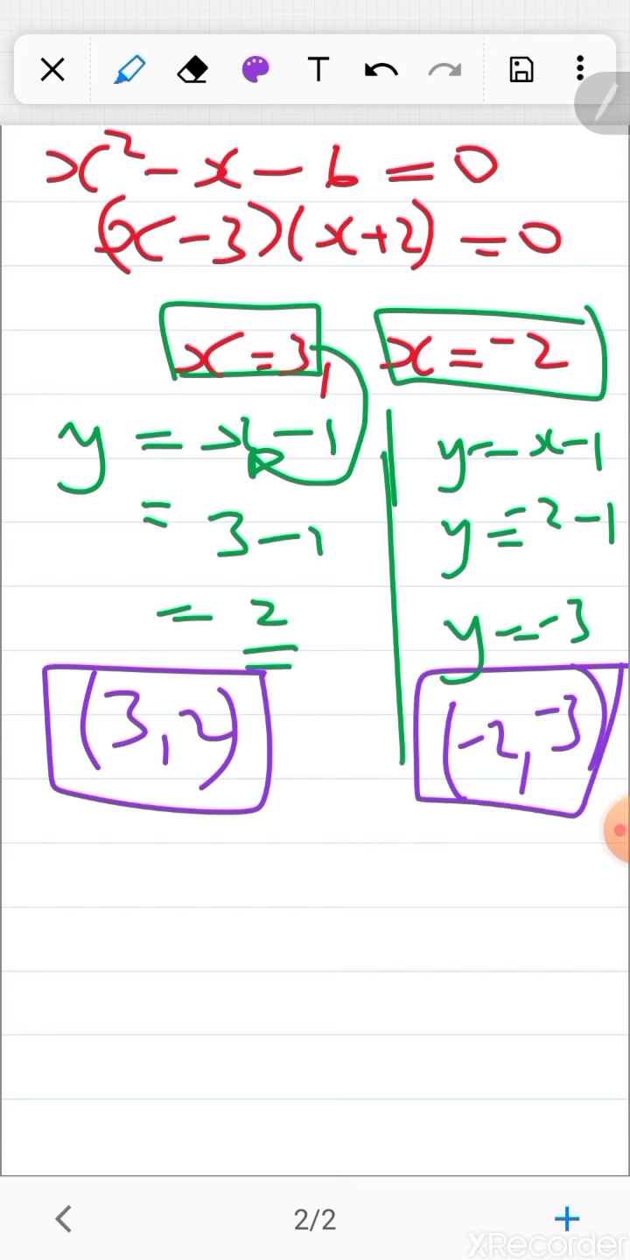And if I plug them into the equation, it'll be right. If I plug in 3 and 2,